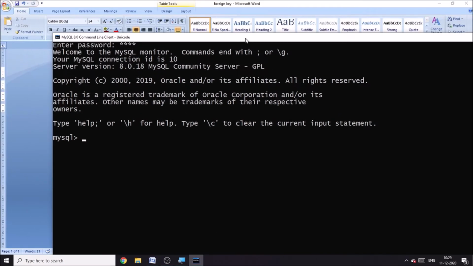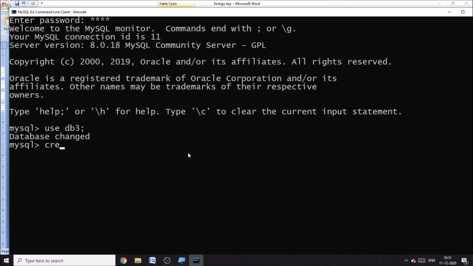Let's make a parent table. First of all, I will create a database. Use db3 for opening the database. So we will create a table named parent, create table parent.